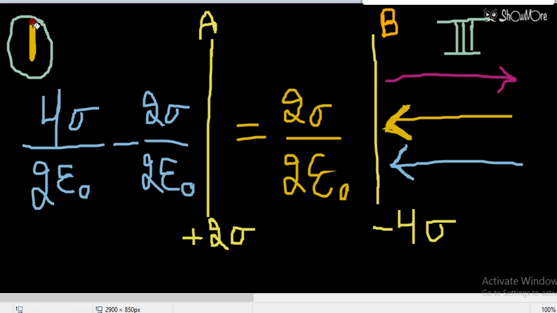So basically this is the application of Gauss law, and this question was asked in the CBSE exam 2020. It was given in the sample question paper of CBSE, and the charge densities on two sheets were given, and in the same way three regions were given: region 1, region 2, region 3, and the examiner was asking the magnitude in a particular region. So now we are moving to the next question.